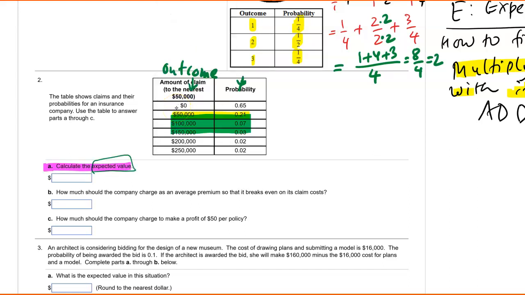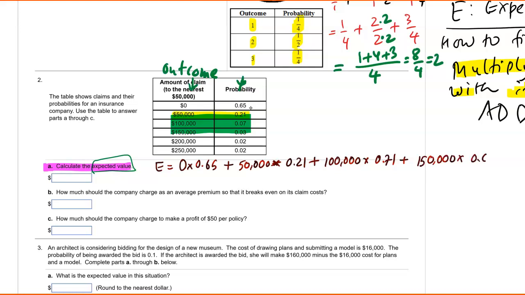Same idea here. To find the expected value, multiply each outcome with its probability and add them up. Let me write down the expression. E, expected value, equals 0 times 0.65 plus 50,000 times 0.21 plus 100,000 times 0.07 plus 150,000 times 0.03